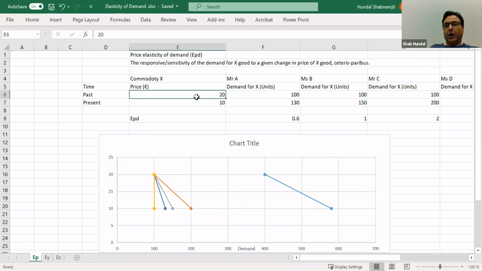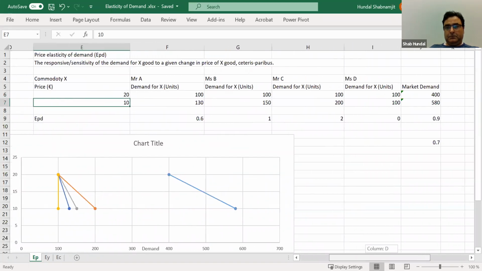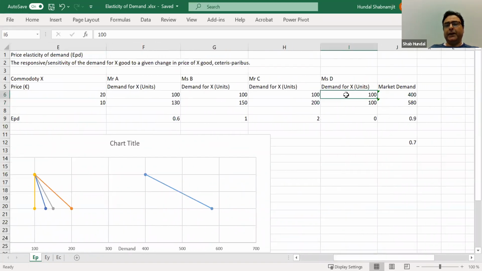The price drops. Let's say this is rent, a rental apartment. The apartment's rent drops from 20 to 10. Miss D thinks that, hey, one apartment is enough to live in. So why should I have two apartments to rent? One can argue that when the rent drops, why don't you move to a cheaper apartment? She doesn't think it's necessary because she thinks it's so important for her to stay in the same apartment.